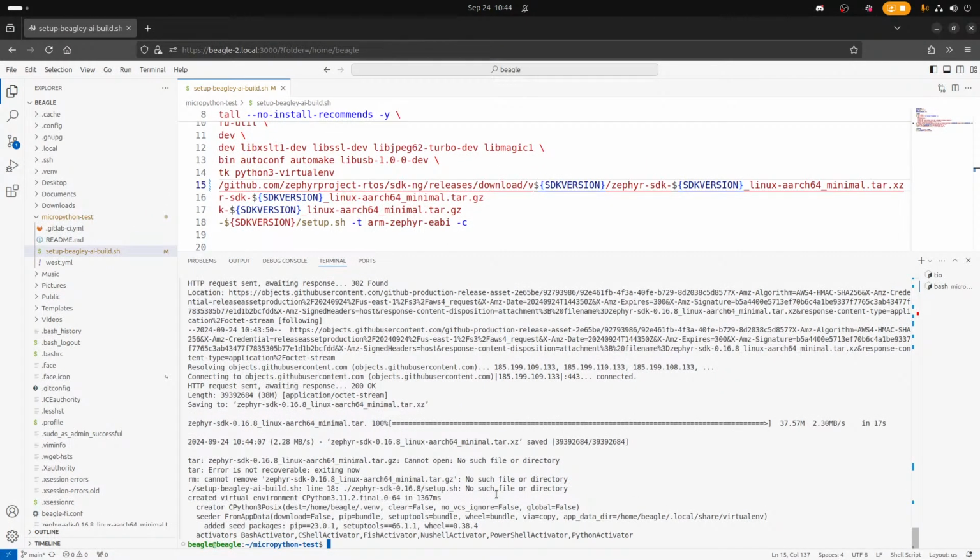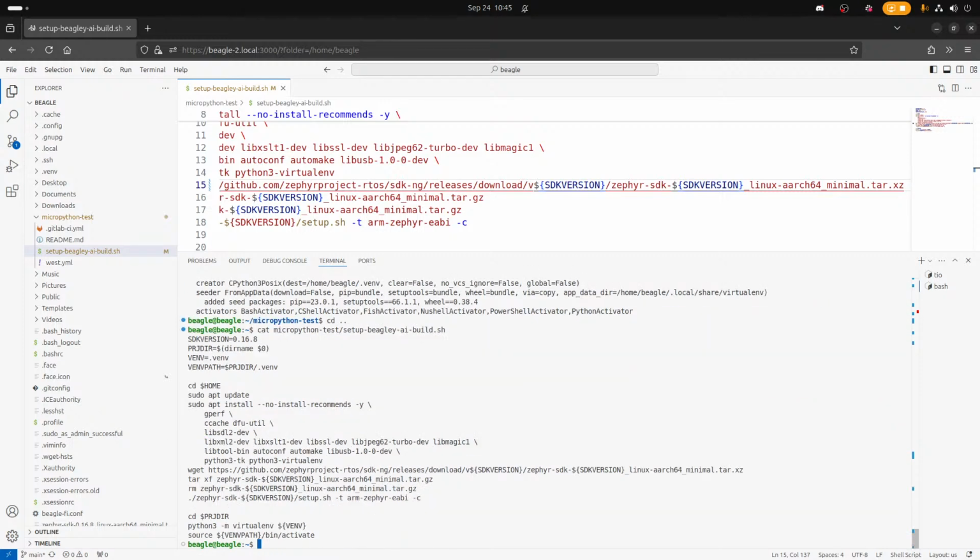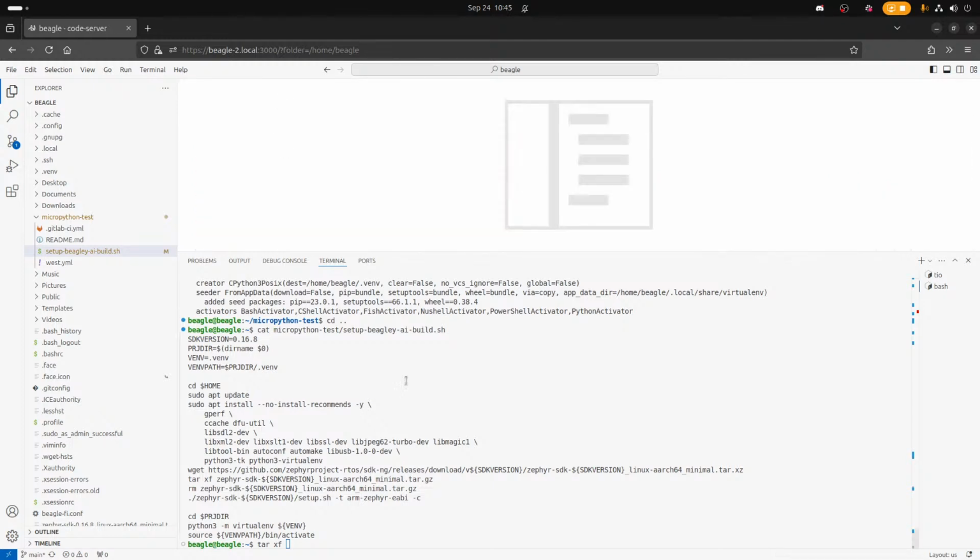So it downloaded it. Error is not recoverable. It's still GZ, I think. I changed it upstream, but let me just close this.